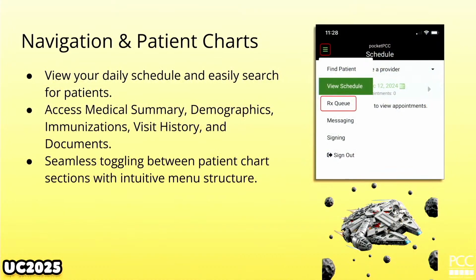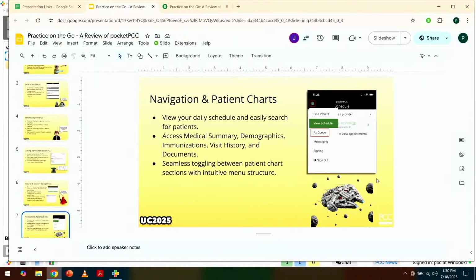So in terms of navigating patient charts, there's a lot that you can cover within PocketPCC. The schedule, the RX queue is the newest addition, messaging and signing. When we think about the left-hand navigation, it's built to be those quick hits to tabs in the EHR. Okay, so when you think about the way we've structured Pocket, we've got that finder feature for finding a patient. We've got your schedule screen, we've got your RX queue, we've got messaging, and we've got signing. So you think about comparing that to the EHR